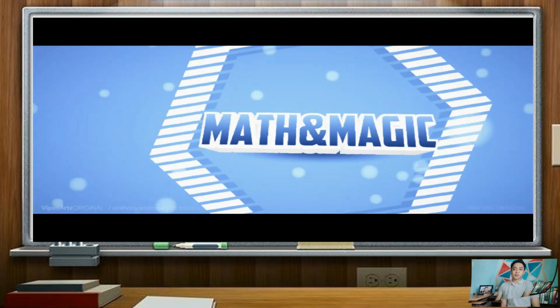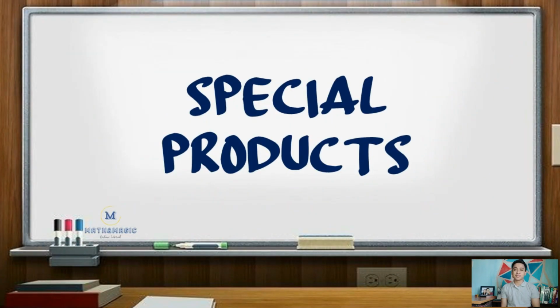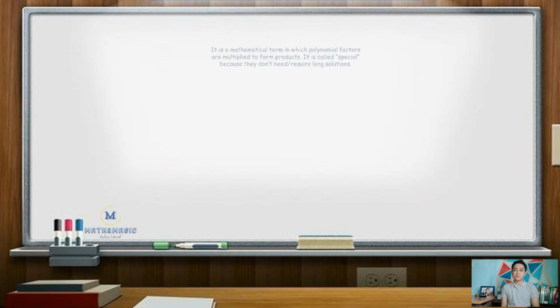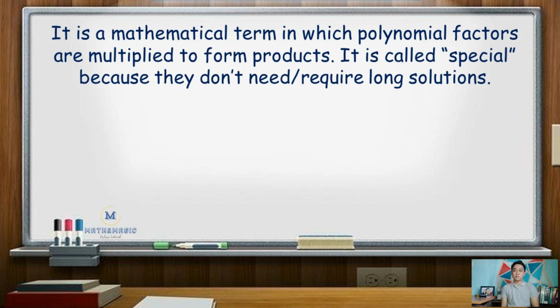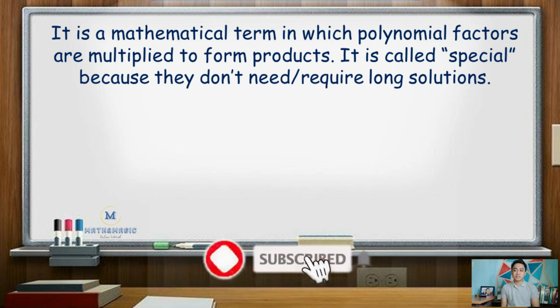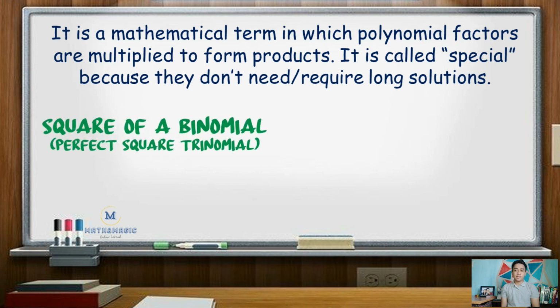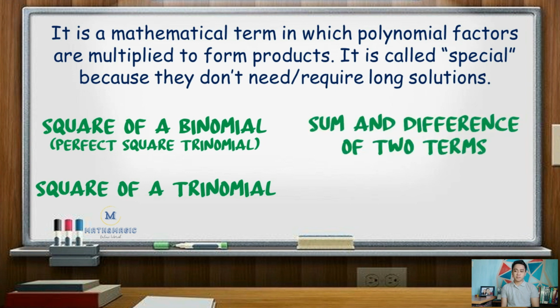For this video, I'm going to discuss the special products. Special product is a mathematical term in which polynomial factors are multiplied to form products. It is called special because they do not need long solutions. Under special products are square of a binomial, square of a trinomial, sum and difference of two terms, and cube